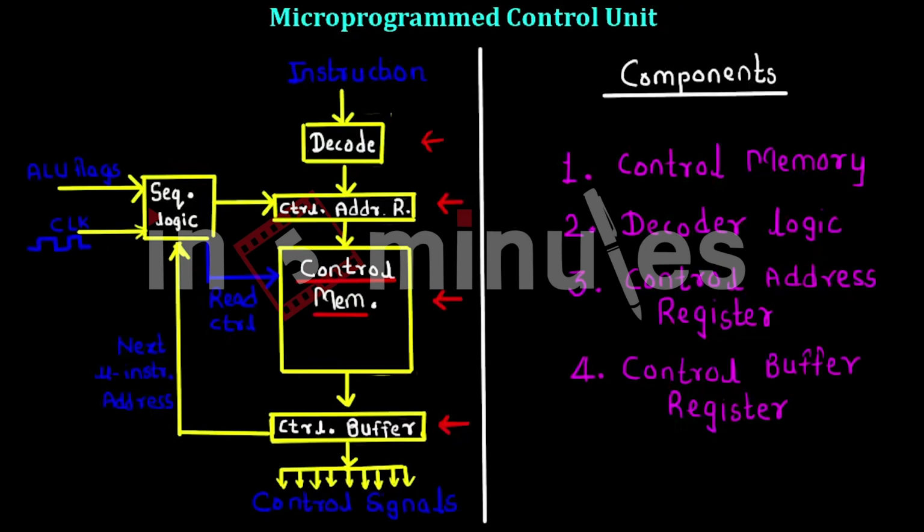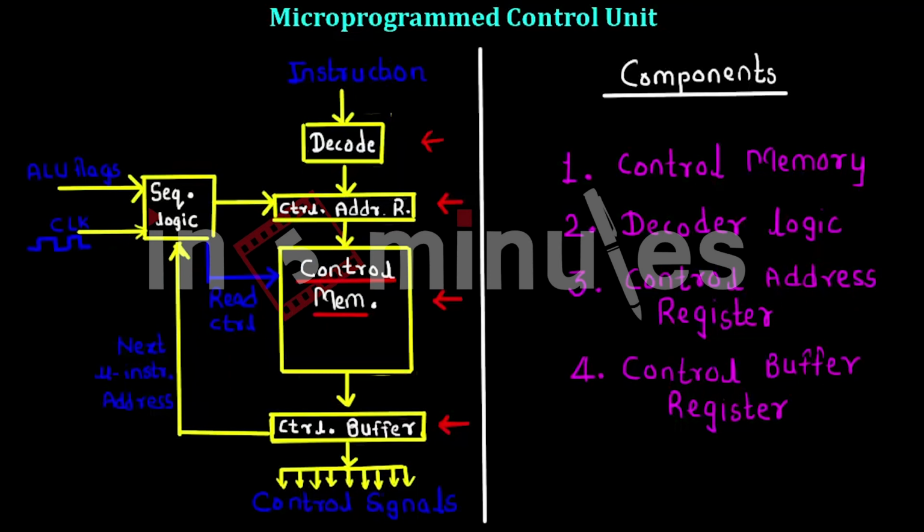Now for horizontal microinstructions, you remember that there was no need for the decoder. So the microinstruction itself contains the control bits, so the control signals can be directly generated. However, for vertical microinstructions, the control signals are generated through another decoder. That is the only difference in the microarchitecture that we have seen. So that decoder is not shown here.